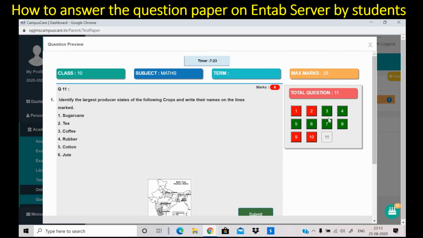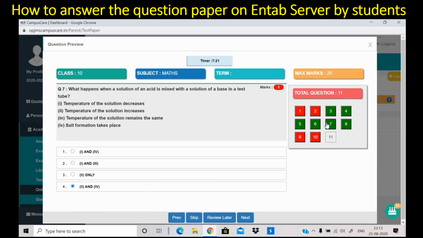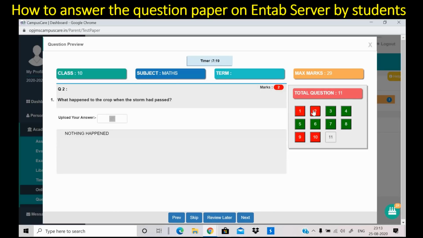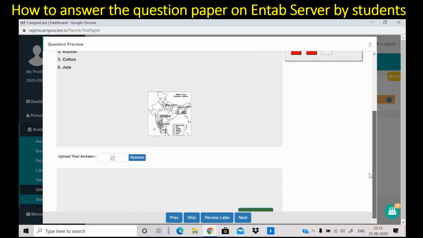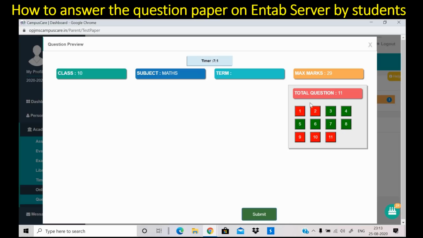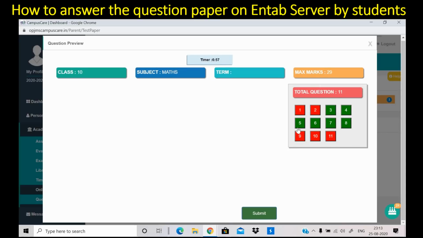Now listen very carefully. If you want to go back and review your paper, you can go back also. Previous, next. In this way you can see all your questions, and the 11th question you can see here is the answer of the 11th question also, whatever answer you want to write. And then you press next. All the questions you have given, MCQ and descriptive, all. After that you will click on the submit button.